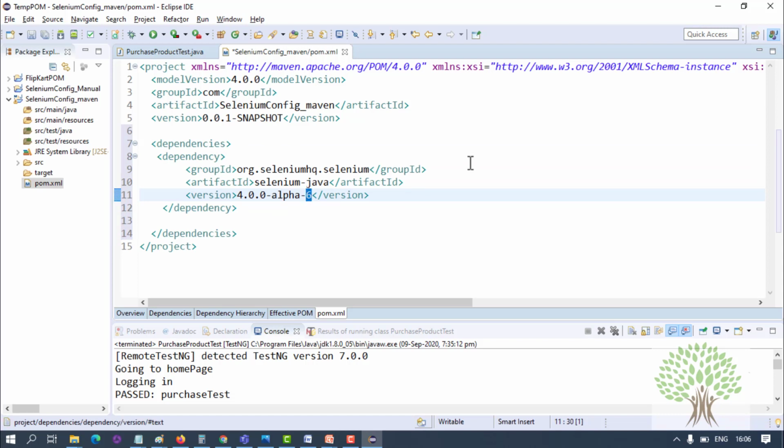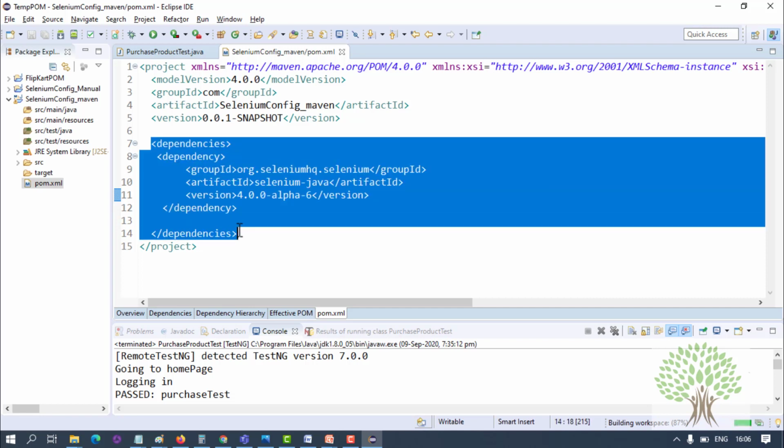The latest one is 6. You save this pom.xml and it will say building workspace at the bottom right side. So what it will do, it will automatically import whatever are the dependencies for Selenium, whatever are the jars, into your project.